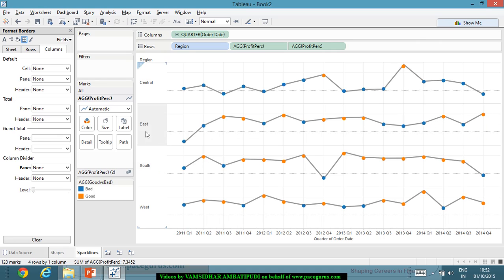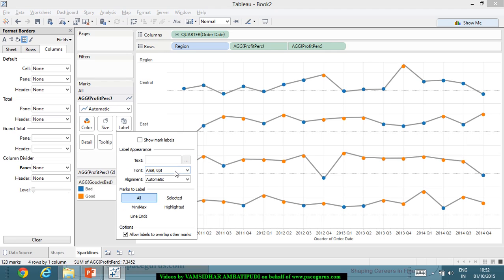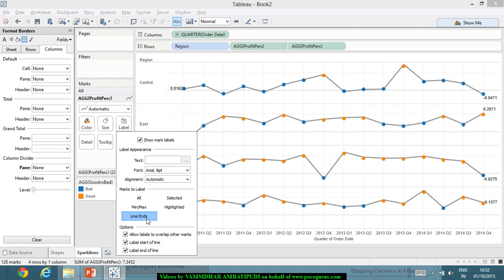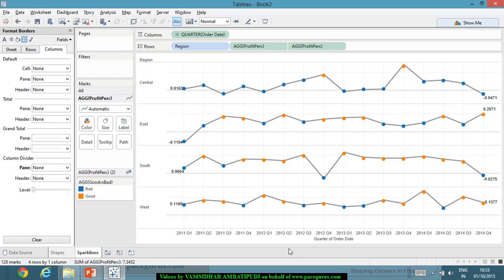Okay, I can use the label. This is the label. I want to show marks to the label. So I want to show the number at the year end or at the end of the period, correct? So probably I'll say show the marks, but not all of them, probably the line end. So I'll show the marks only towards the end of the line, just for simplicity. Then if required, I can